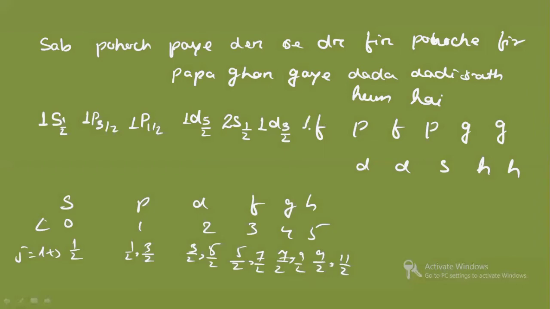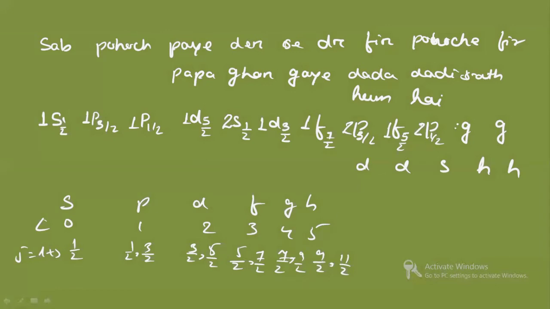F is coming for the first time, so it's 1. Here it will be the greater one, 7 by 2. P, you see 3 by 2 and 1 by 2. Once it's done, it is coming again, so it is 2. This time it will be 3 by 2. F, 7 by 2 is written. We will write here 5 by 2. This is 1. P, 3 by 2 was written, so 1 by 2. So this is 2.